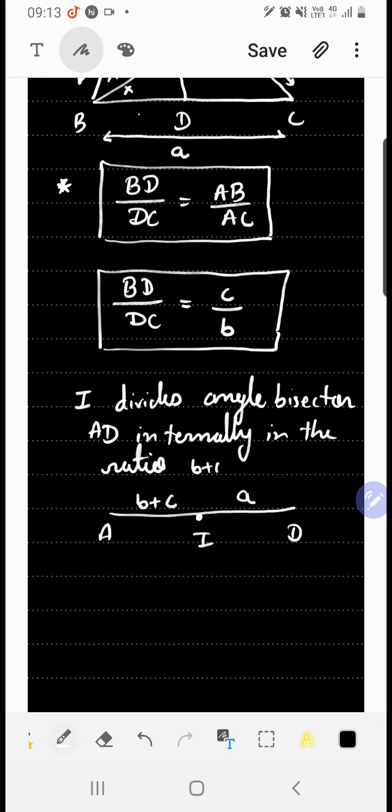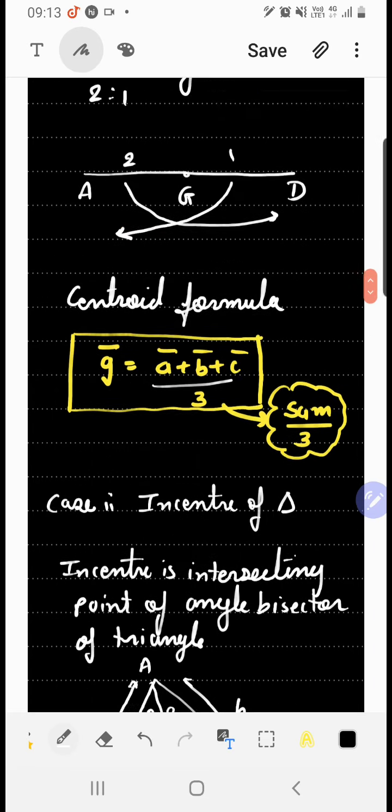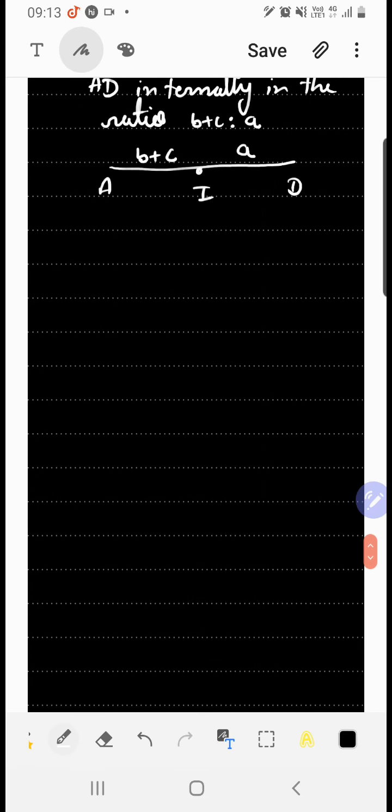Matlab, can I say B plus C is to A? Later on in the theorem we'll be proving this particular result. Not that important a result for some, but then please remember it. Now if I include all this and solve it by section formula, we get the formula for incentre. So incentre formula